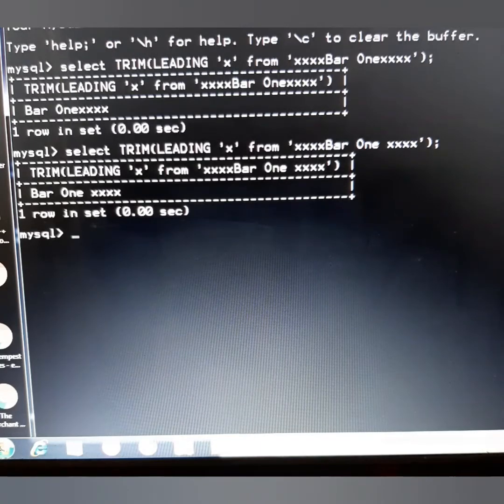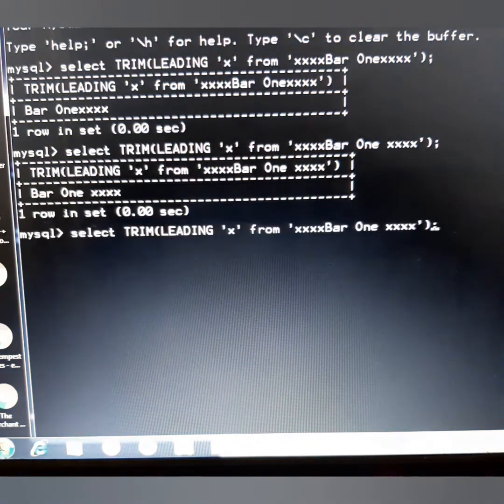Actually here it has removed only from the left hand side, not from the right hand side, because we are writing here leading. If we write trailing, it will remove from the right hand side. Let's try this also. We'll write here trailing.